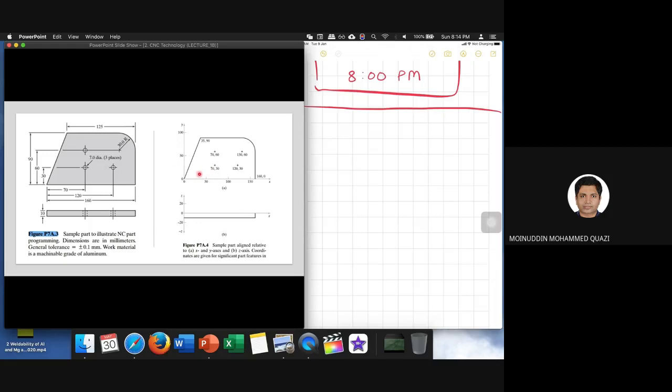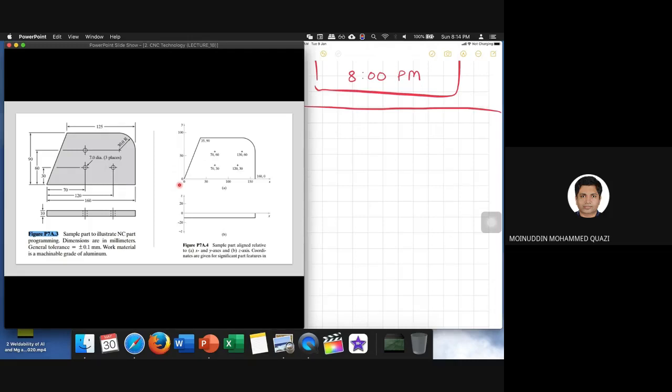So what I want to do is, first I need to position the tool. I will position the tool a little bit away from the workpiece. My objective number 1 is to bring the tool near to the workpiece, but not touch it. So the first thing I'm going to do is bring my tool. Let's assume that this laser pointer is my tool. I'm going to bring my laser pointer, the tool, towards the workpiece, and then I will make it stay there.